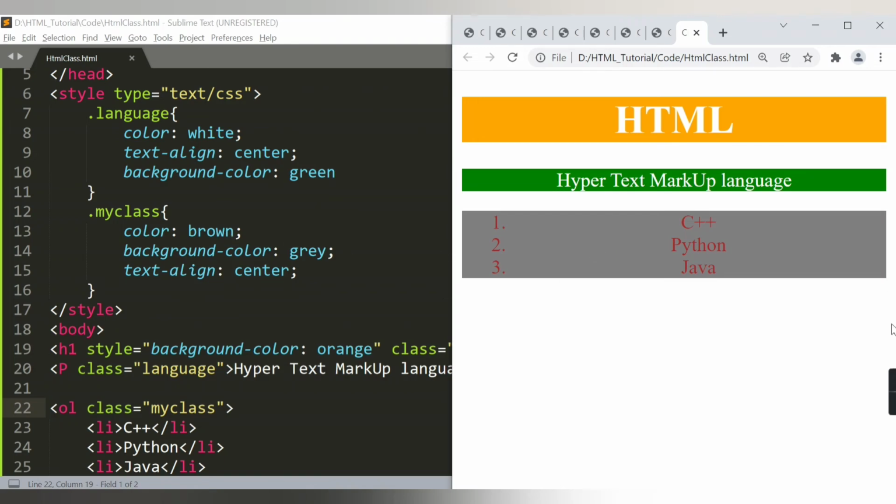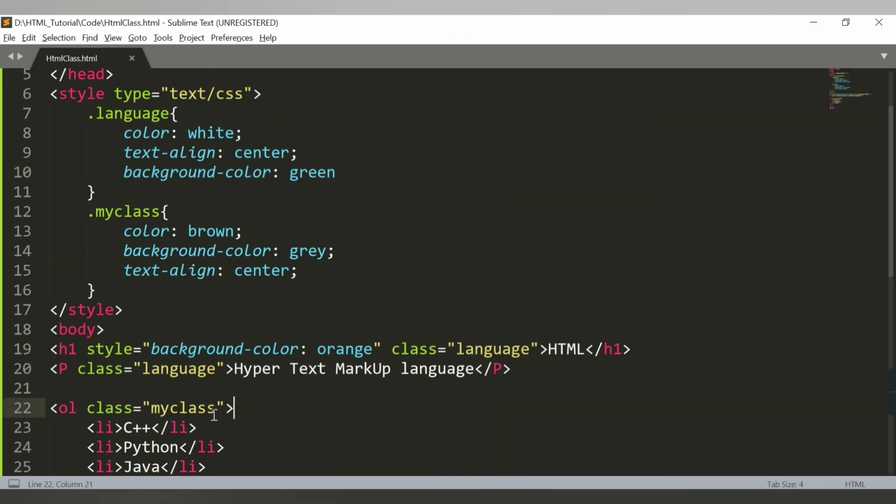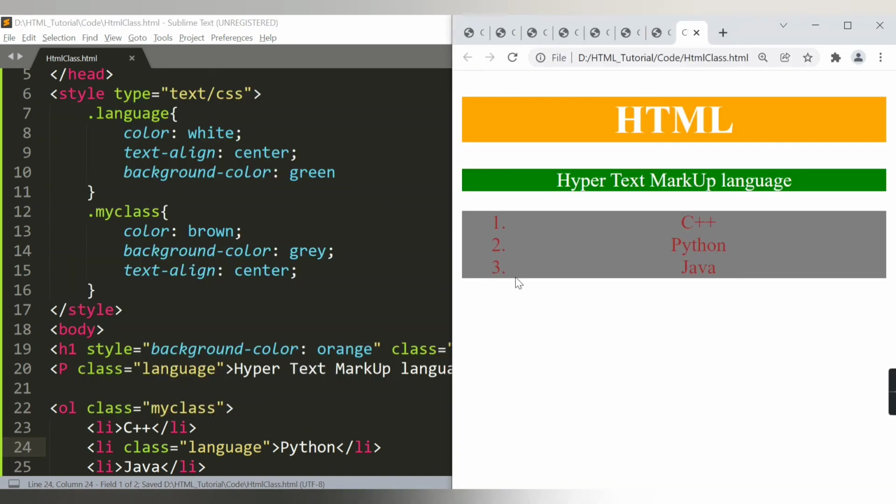Also what we can do, let's say you have provided here my class, but for Python you want to provide the class as language. So now see, before, when we had provided my class, this was the output we were getting.